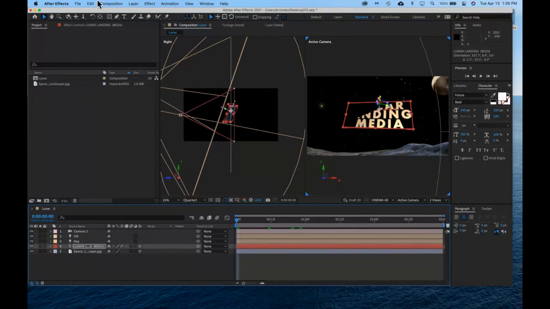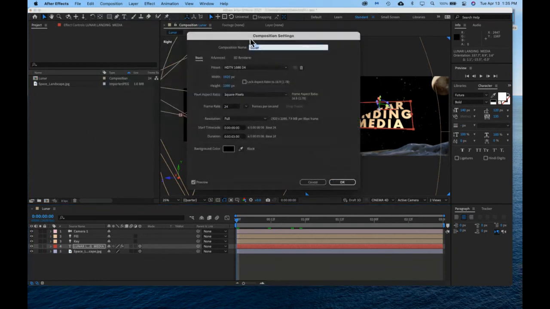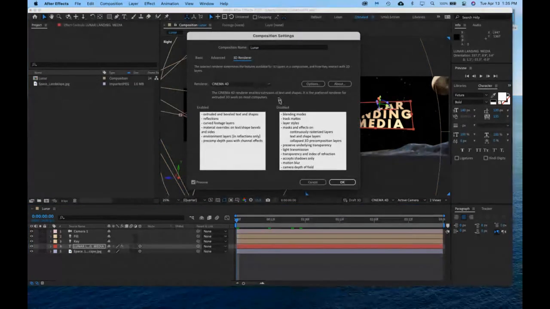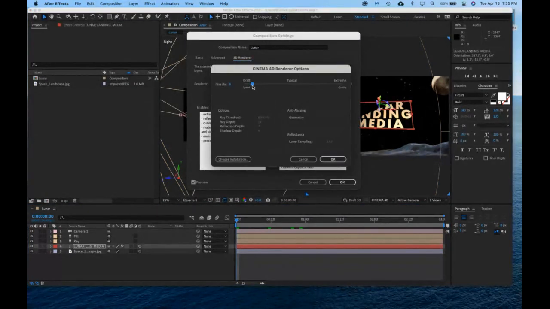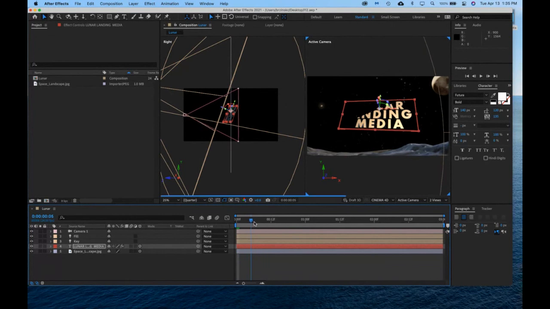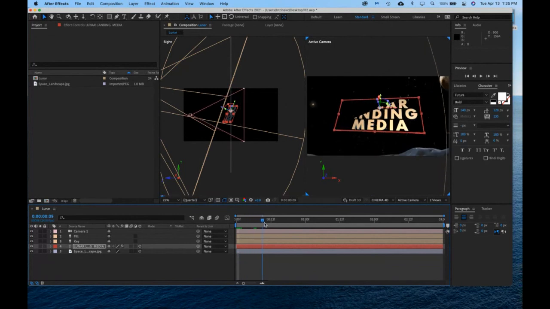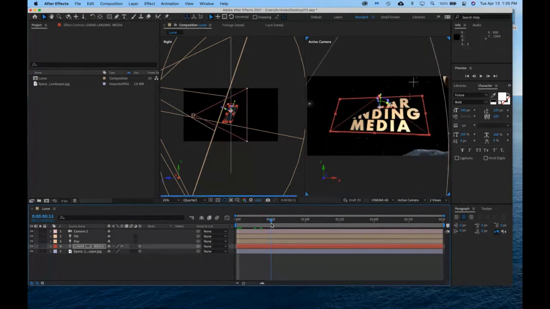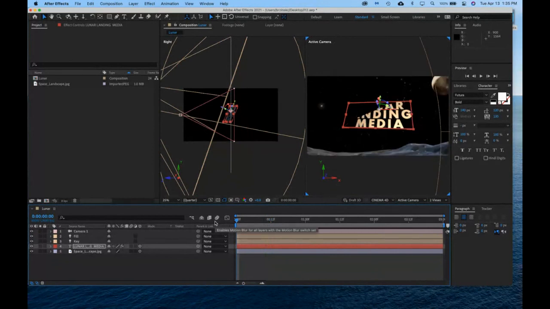So again, if you have any issues, go back into that comp settings, check on your renderer, and adjust your quality. You can bring this down a little bit. That should help. Yeah, and it looks like it's being a little bit more snappy now with my preview. Okay, so